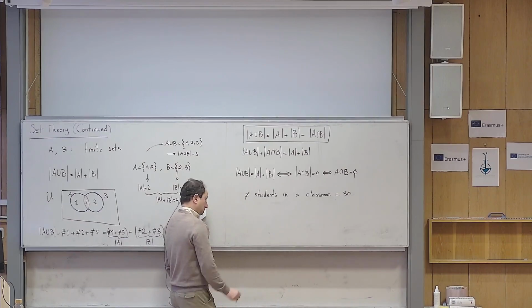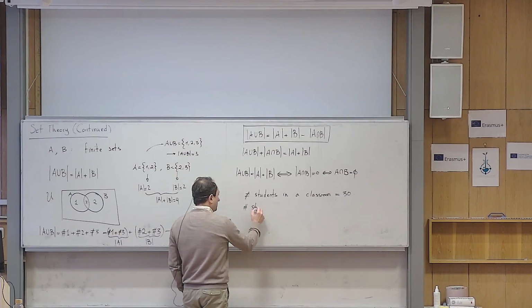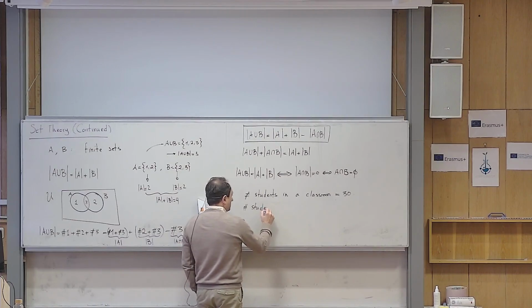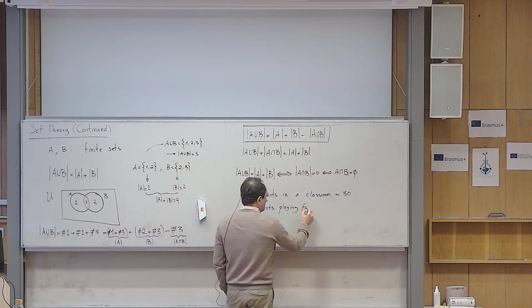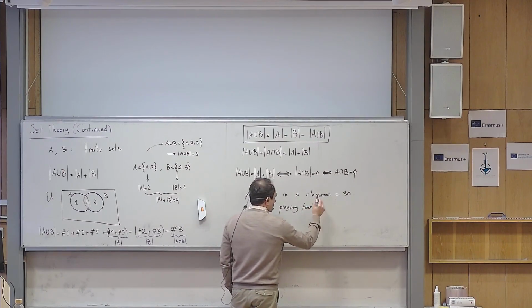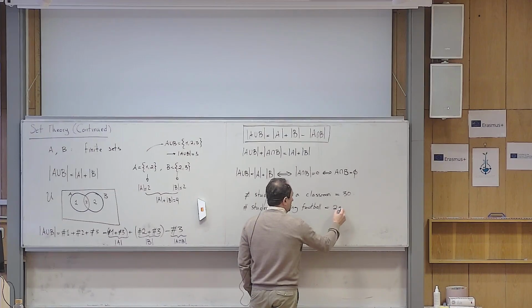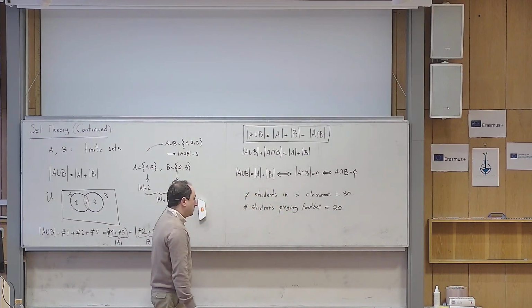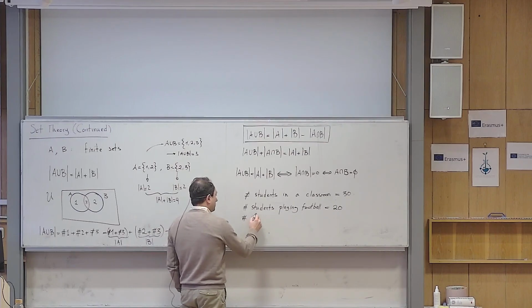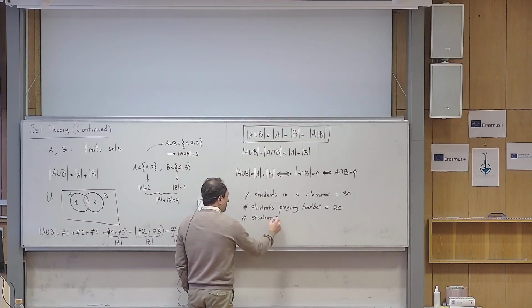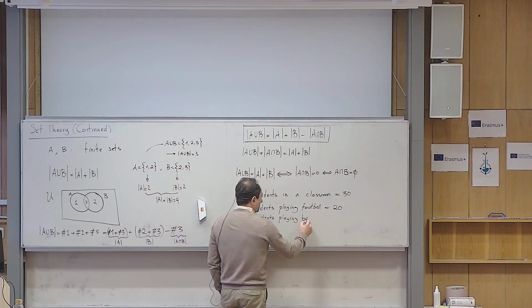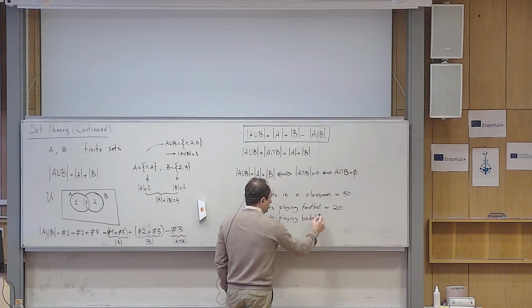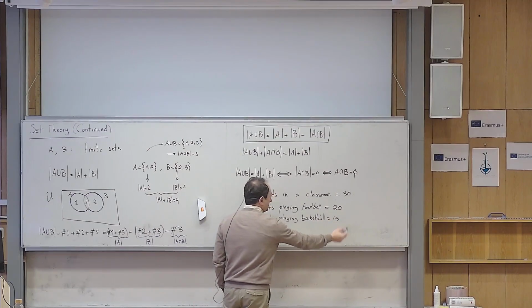And then the number of students playing football, let us say this is 20, and the number of students playing basketball, for example, is 15. Okay,